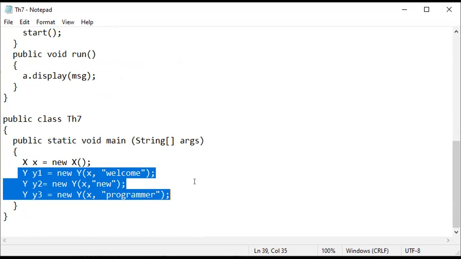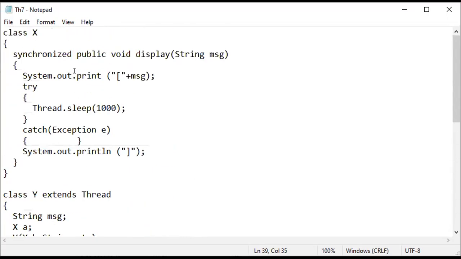I'm going to synchronize these methods. Why? Because these threads depend on this: first displaying this one, and later sleeping and displaying this one. But in between, how these threads are created and executed and how they are invoking the display method matters. Without synchronization it gives one case, and with synchronized it gives a different case.